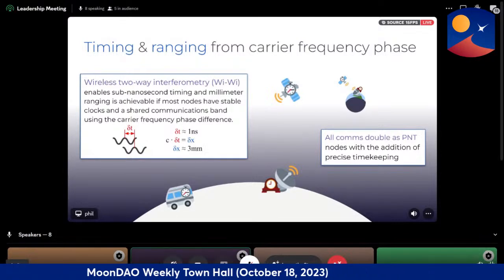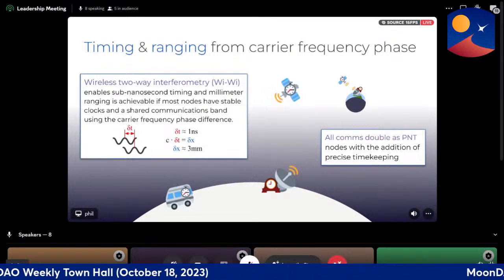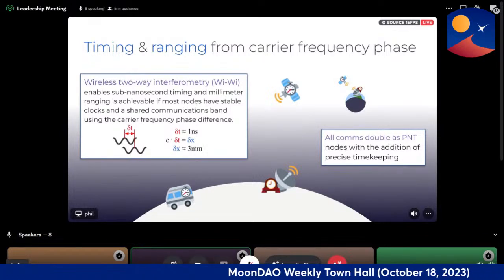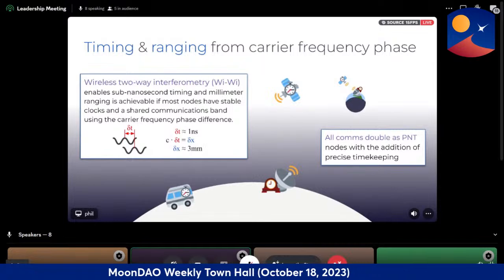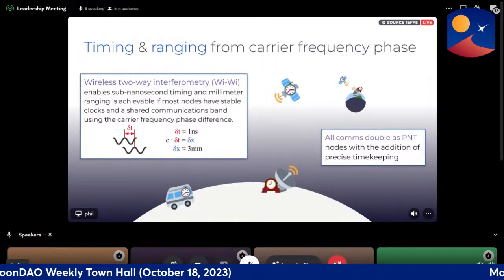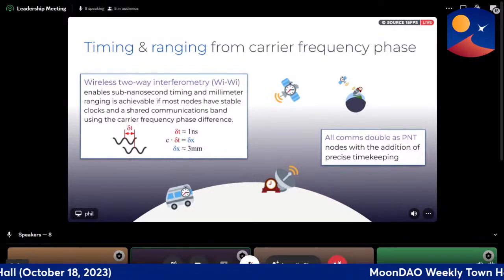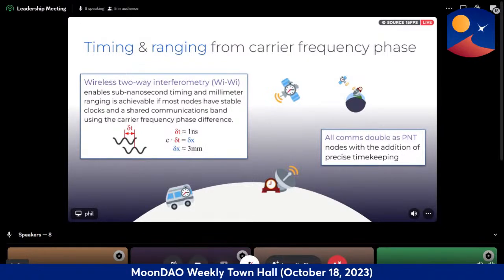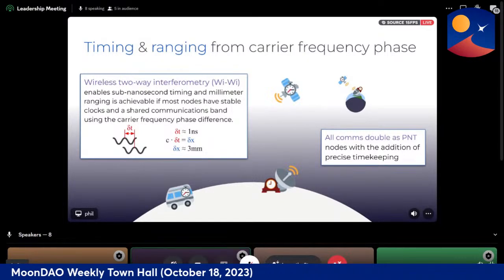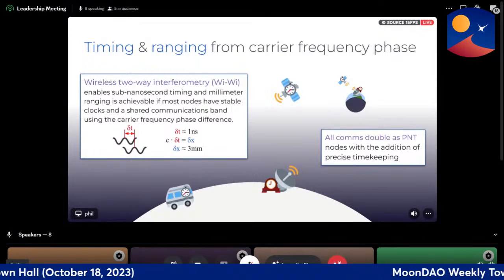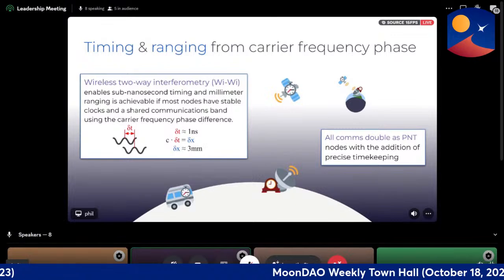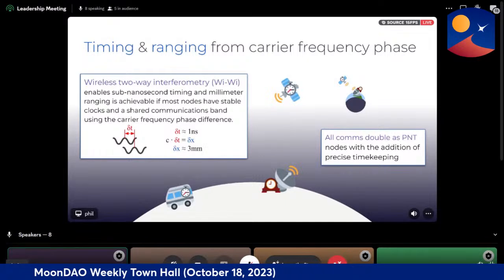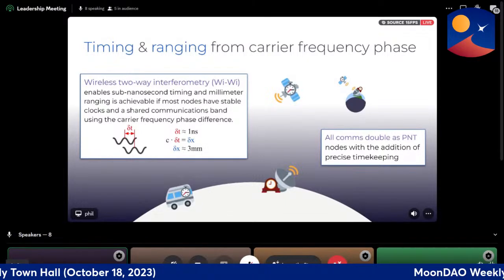Assuming two nodes, like a satellite and a ground station, or two satellites, have precision clocks and their wavelength is stable, their frequency is stable and not drifting over time, when those two nodes talk to each other, they can compare the phase of the waves, basically like the distance from peak to peak in their signals. And if we have the precision to measure that delta t